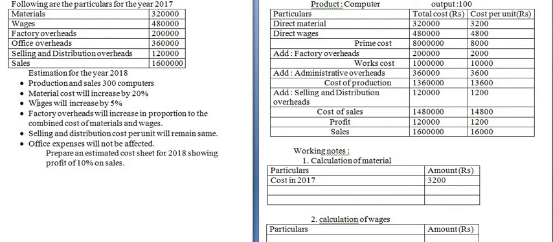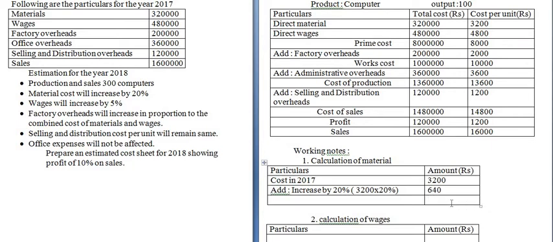Okay, what they have told, read out that point. Material cost will increase by 20%. Okay, it means it will increase by 20%. So add increase by 20%. Okay, so this calculation can be shown in the bracket, that is 3,200 into 20%. Okay, so calculate this. How much you will get? You will get 640. Okay, yes.